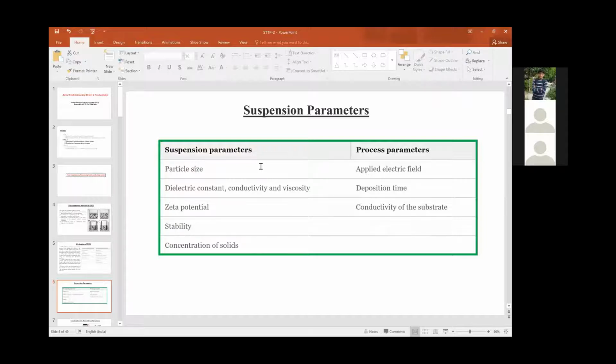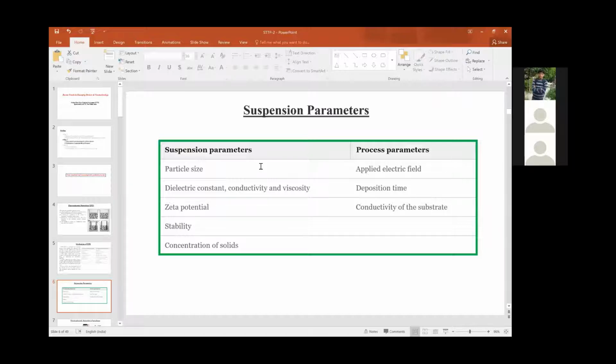Only one thing I can say is that zeta potential depends on many things: the conductivity, the viscosity, the chemical nature, and so on. So we need to take care of the zeta potential of the colloidal suspension also. The next thing is stability, whether the material is stable or not. We need to take care of that.